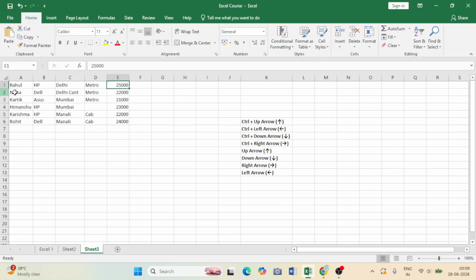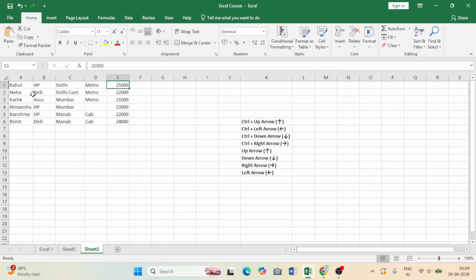Because in this case, let's suppose for example, in the first row there are 5 non-empty cells. If we click Control plus right arrow, it will take us to the last non-empty cell in that particular row, let's suppose in this case row 1. And if I click Control, now I am in the last cell, right? That is E1, where we have the data.